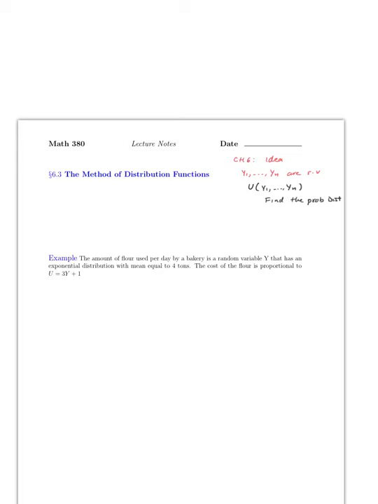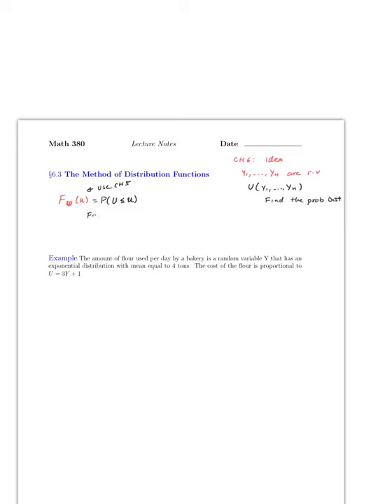The first method is called the method of distribution functions, and like the name suggests, we're going to use a distribution function. So we want to find the distribution function of U, and we're going to use chapter 5 to do this. We have done this before. Remember, this is the probability that capital U is less than or equal to lowercase u. The hard part is that you need to find a region